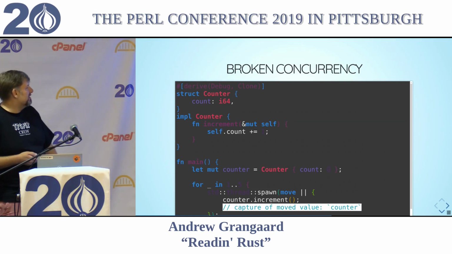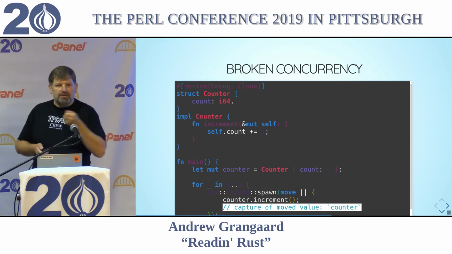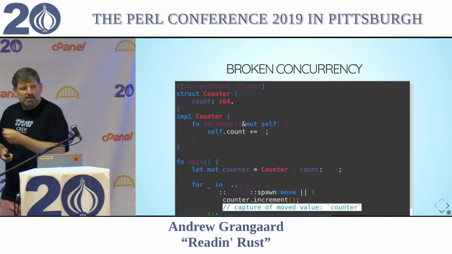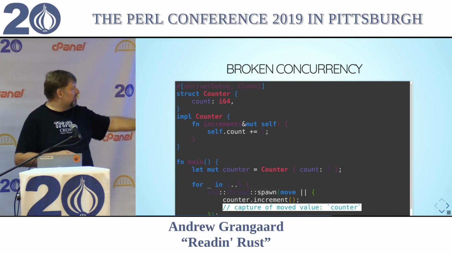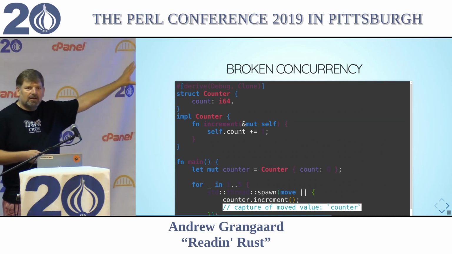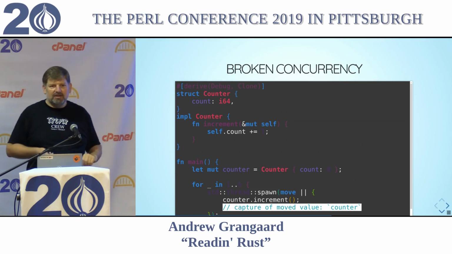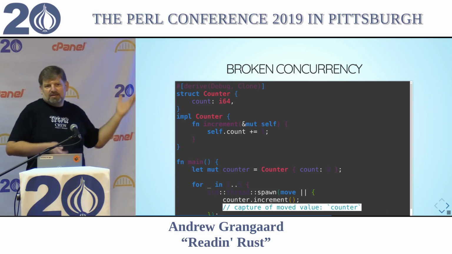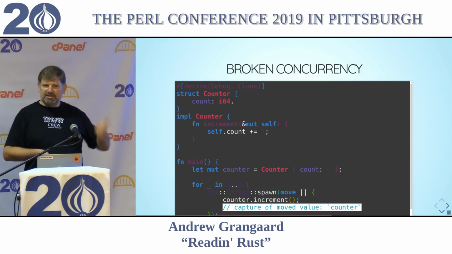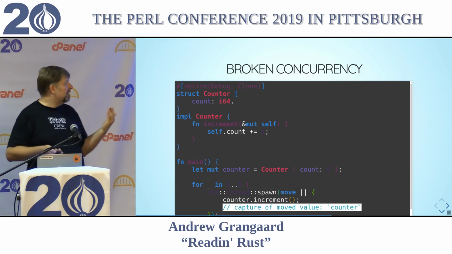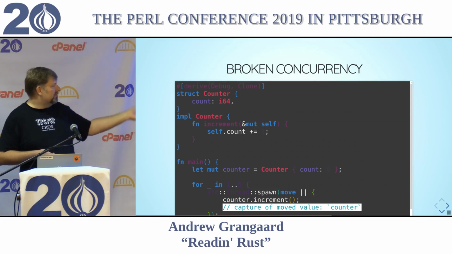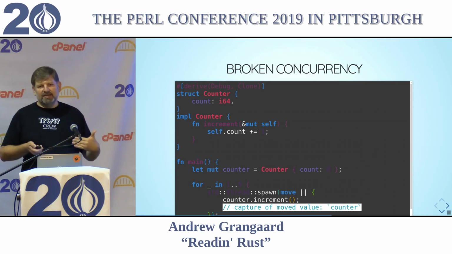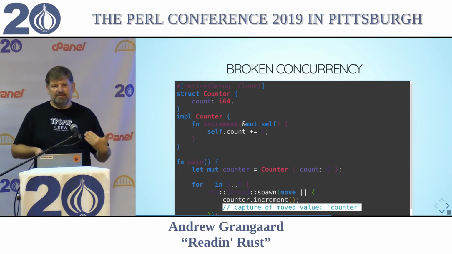Beautiful slide, you can't see. Wherein if you try to move a variable into your, right down here, I'm going to spawn some threads, and I'm going to move my counter that we created earlier, and I'm going to let each thread play with it. This is something you might try, and then you would find out in GDB a while later that it was all broken. Whereas here, it would catch that and say, well, you're capturing a moved value, and you're trying to do it 3 times, and you can't do that.